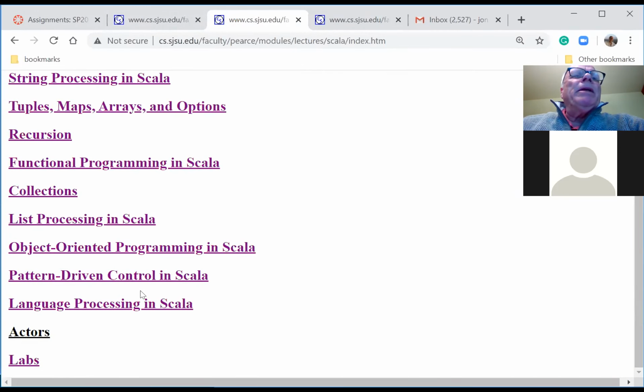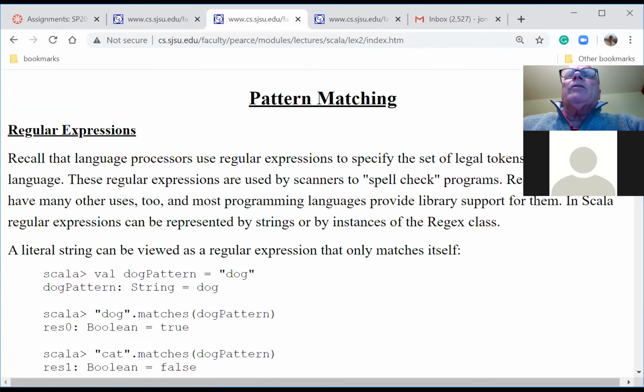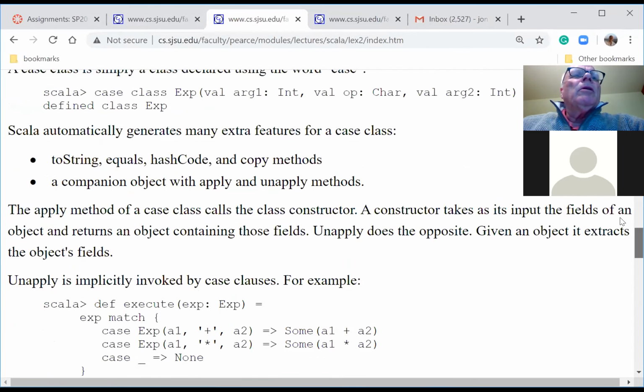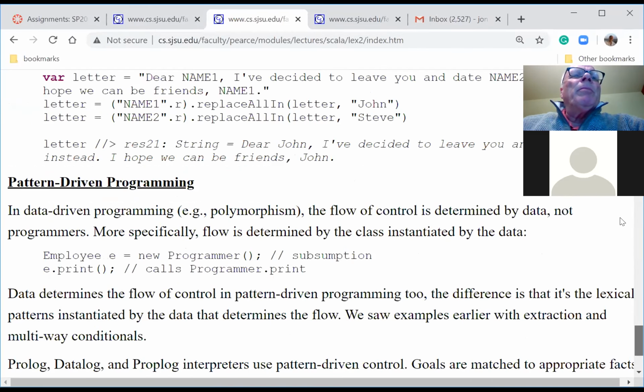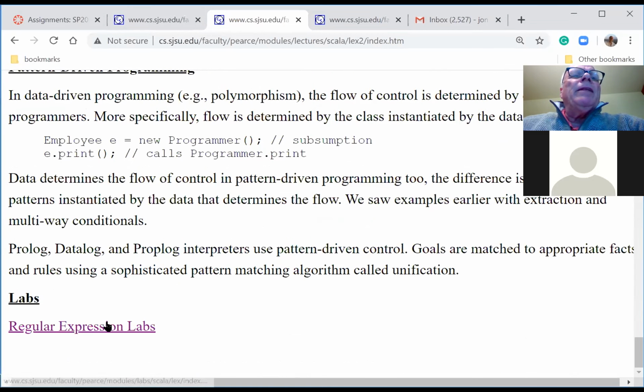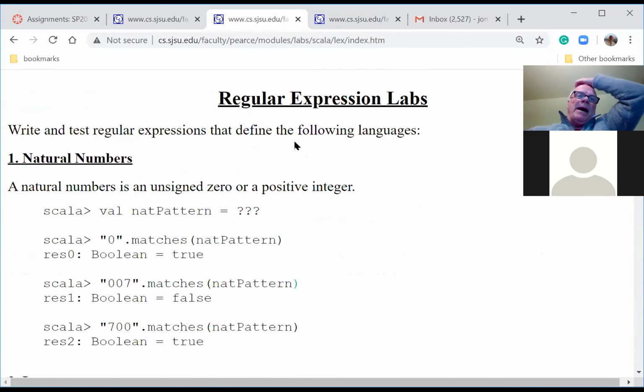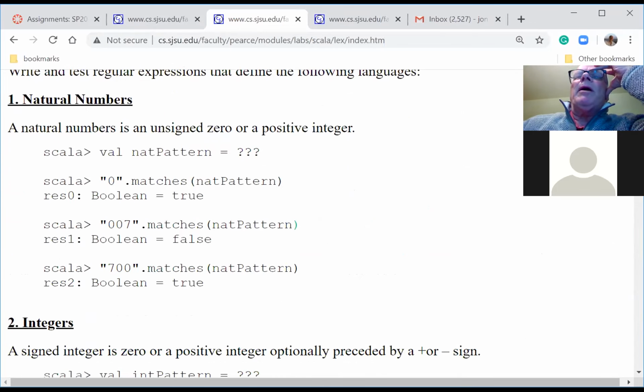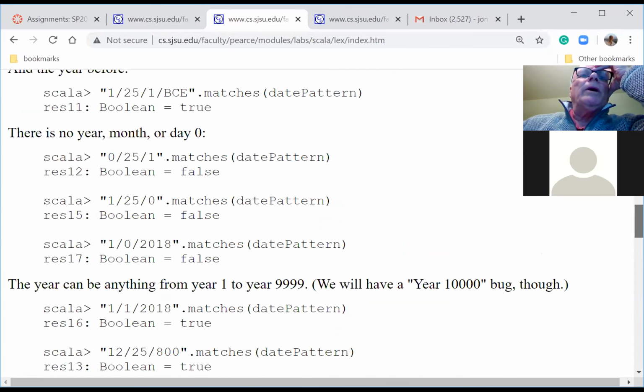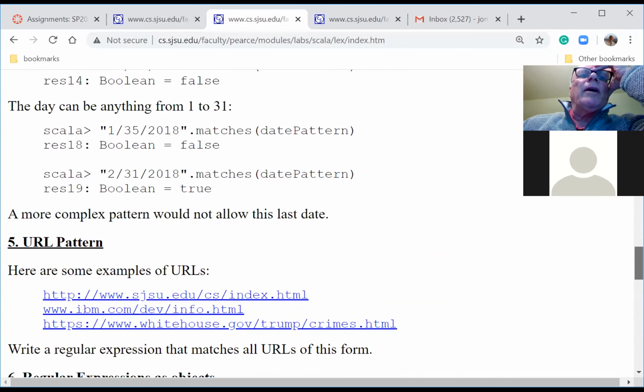So we had been talking about regular expressions, and remember that in Scala, I had these regular expression labs. My plan, maybe we'll do it on Thursday.